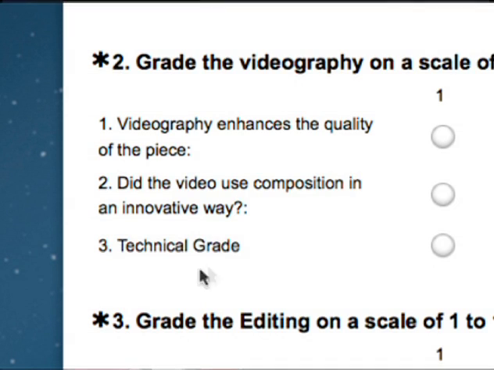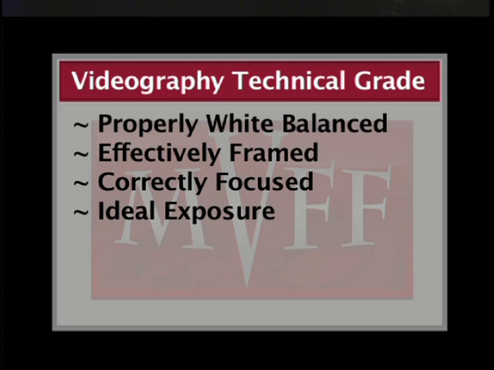The first measure you'll look at in judging the videography of the piece is how the camera operator showed skill amongst the technical aspects of camera use. For judging technical aspects of videography, we look at the student's ability to properly operate the camera and the awareness of the proper settings of the camera. The ideal entry will be properly white balanced, properly framed, sharply focused, and correctly exposed. The correct use of a tripod, the use of lights when available light is low, and the proper use of microphones should be considered as well. The judging grades will be on a scale of 1 to 10, just as it was in the last sections. A grade of 1 is the lowest and 10 is the highest.